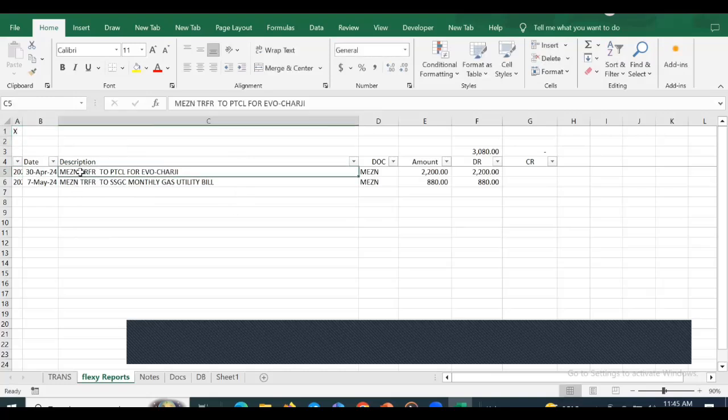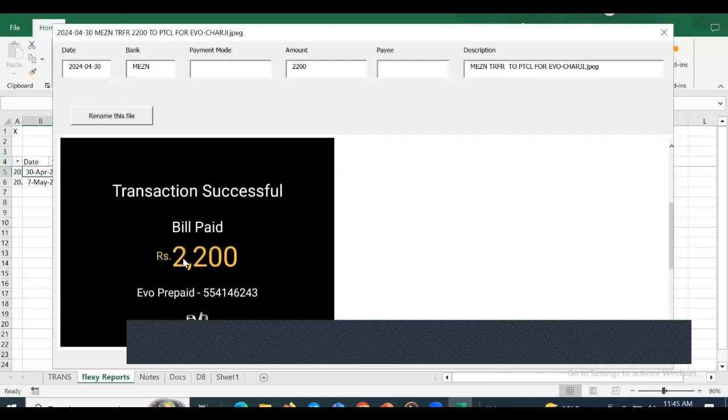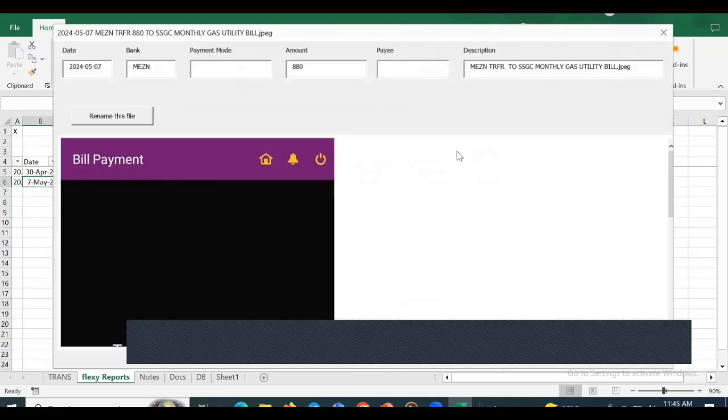It's a full-fledged system for flexi reporting. Any sort of report you can make, and you can make changes in the code and customize it. I hope you will find this system useful.